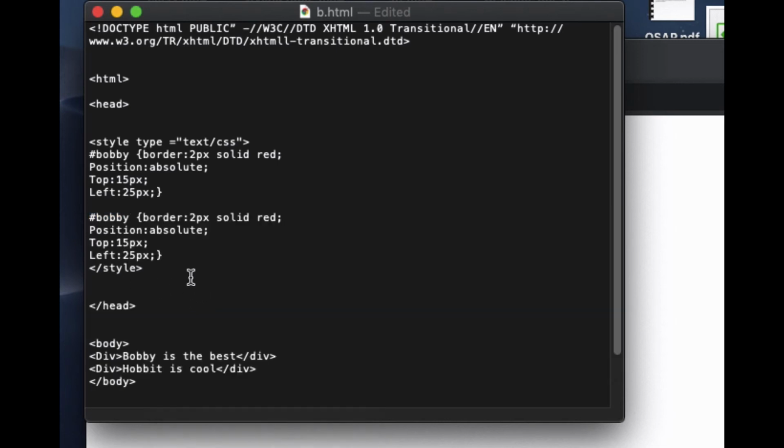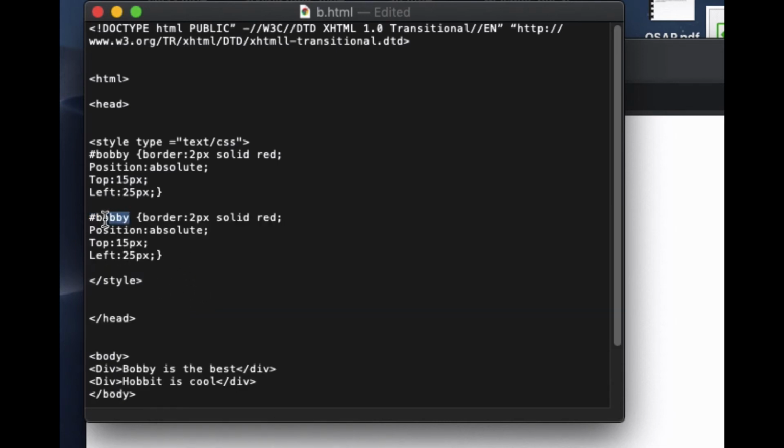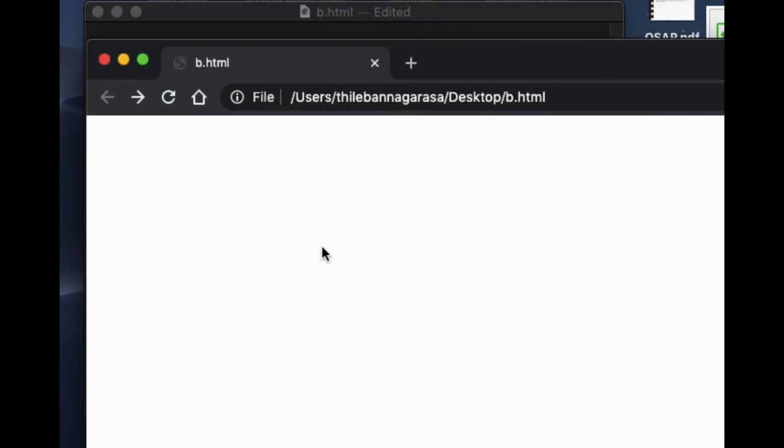Okay, now I'm going to change the name, this one into Hobbit, and border into, let's put it green, and position absolute. From top I'm going to move 65 pixel, and from left I'm going to put 5 pixel. Okay, now if you go and refresh this one you can see nothing has happened, because